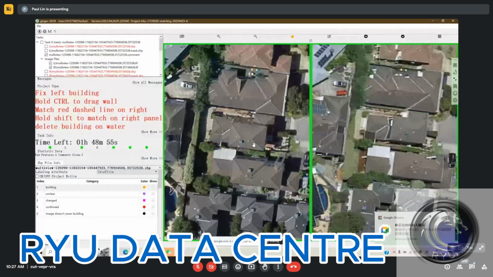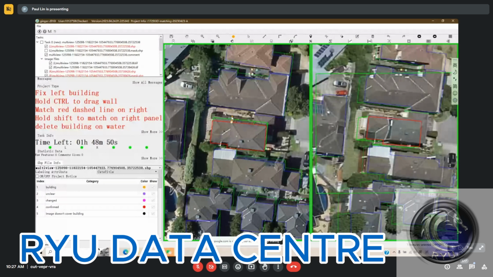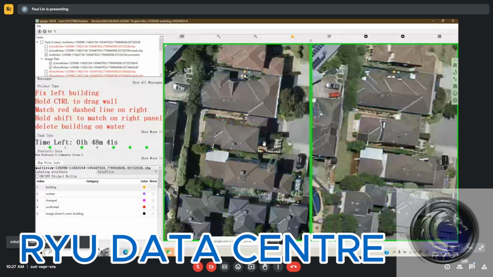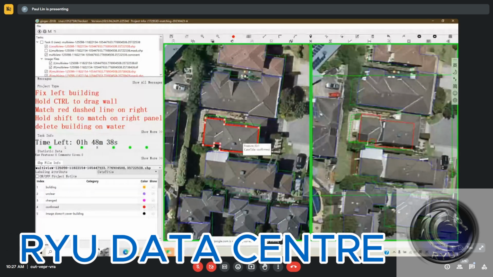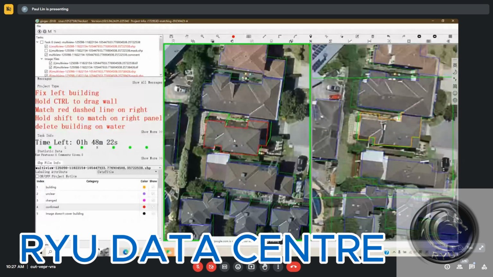So I will continue to finish the rest of the task, and you can keep asking questions if you got more. So for this one, I know that these three structures are different heights, right? But I will try if I can match it. No, I cannot. So in this case,